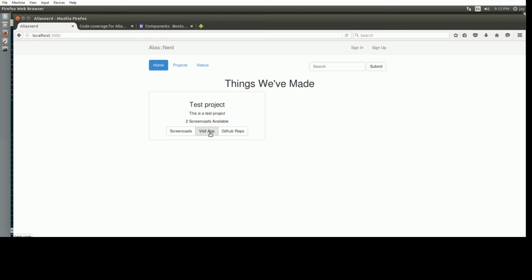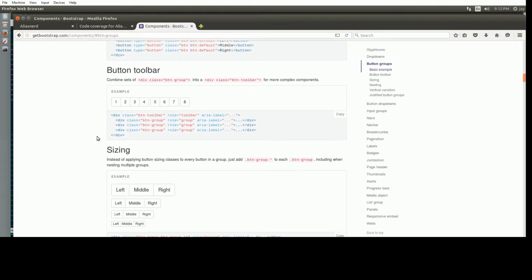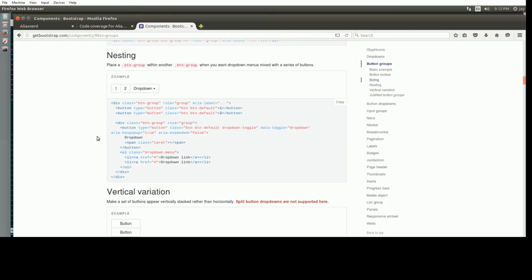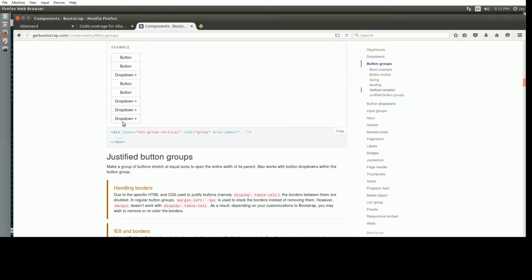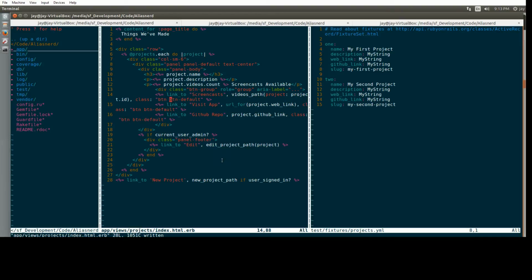So here we have the 3 buttons. I was hoping to maybe make that wider, so maybe there is an attribute for that. Sizing, and nesting, vertical, oh interesting. Aha, I think this button group justified will do what I'm looking for. That's pretty cool. See, most of the time people have come up with ways to solve the same problems you have. So in this button group, I will,